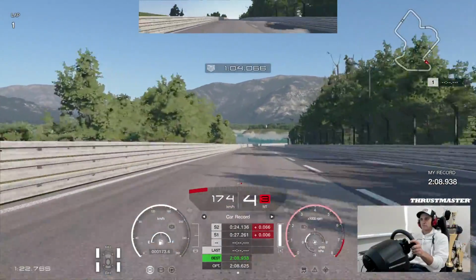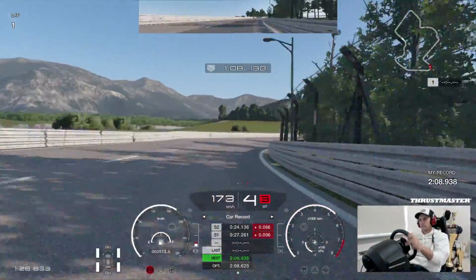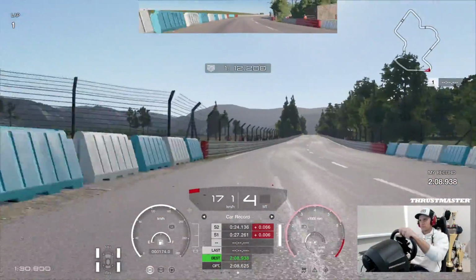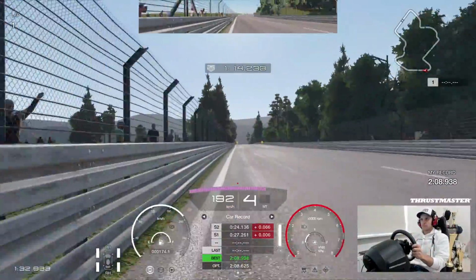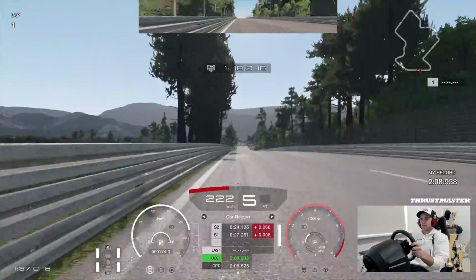We're heading now to quite a difficult long right-hander. In my opinion, the best thing to do is to get as close to the wall as possible as soon as possible. If you try to take a wide line and you miss that apex, you're going to be hesitating on the power on the exit, and you're going to be losing time down this long straight, which is now through a flat